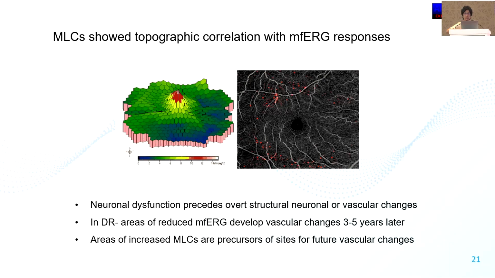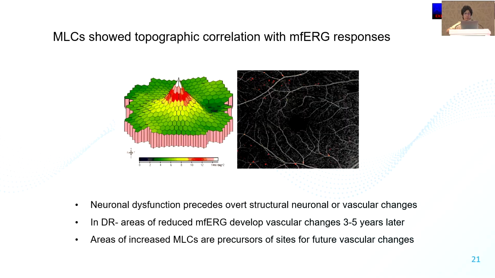Apart from that, the multifocal ERG also showed topographic correlation with MLCs. That means the points where the multifocal ERG amplitudes were reduced showed increased MLCs. So the MLCs not only predict neurodysfunction, but they are likely to even tell us the sites of future